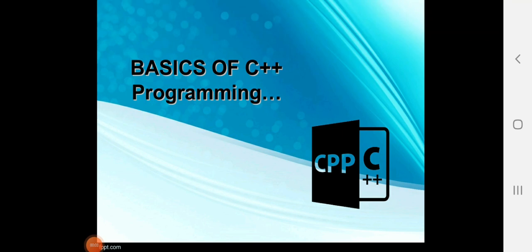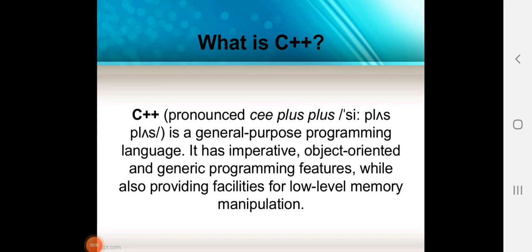In this lecture, we cover the basics of C++ programming. First we are going to discuss what is meant by C++. C++ is an object oriented programming language. Before that, we have to know a little bit about the C programming language, because C++ is an extension of the C programming